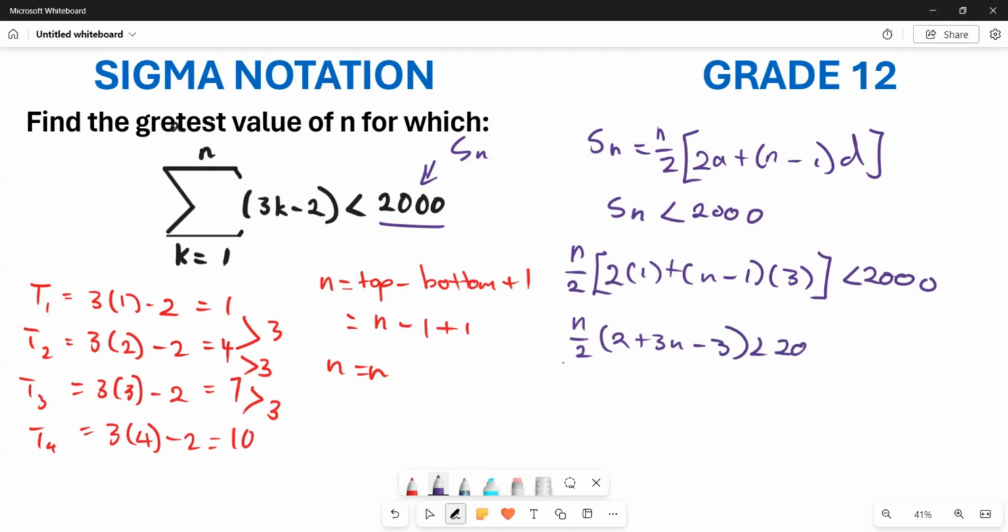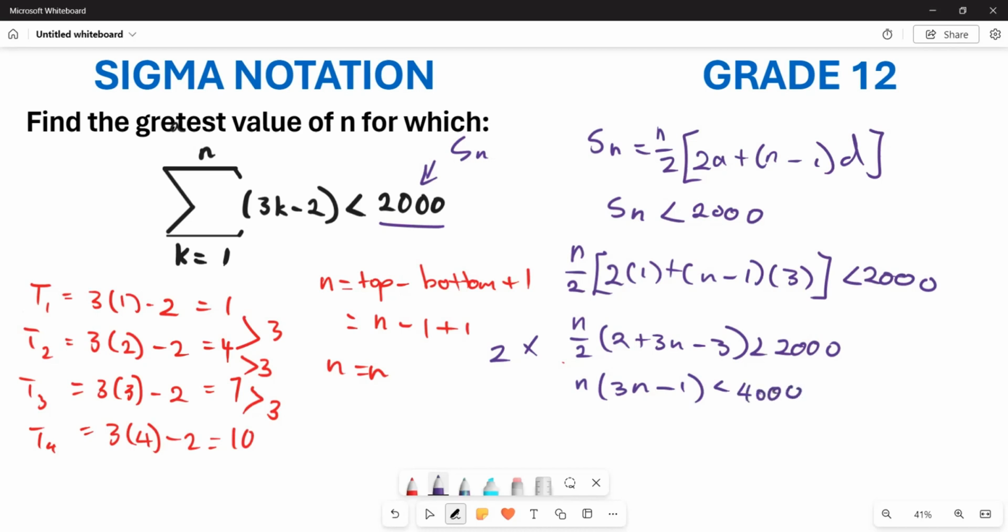Less than 2000. Now the easier thing that you can do, let's multiply by 2 everywhere so that you can get rid of this 2. So this is going to be the same as n into bracket. Now remember here you are having 3n. When you say negative 3, subtract that. This is going to give you 3n subtract 1, right? This is going to be less than. Now when you multiply by 2, this is going to become